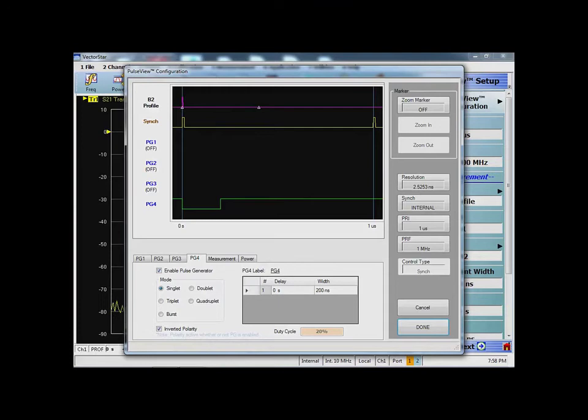Hello everyone and welcome back to this series of pulse measurements using Anritsu VectorStar with options 35 and 42, which helps you resolve pulses as low as 2.5 nanoseconds and also gives you the freedom of a record length of 500 milliseconds. In our last video we saw how we can do pulse profiling using our pulse